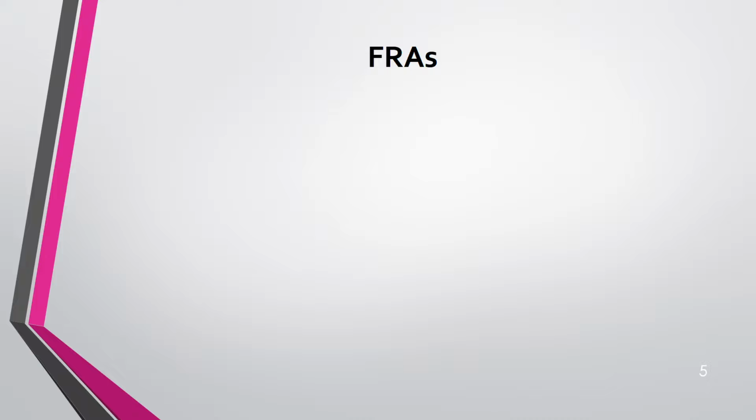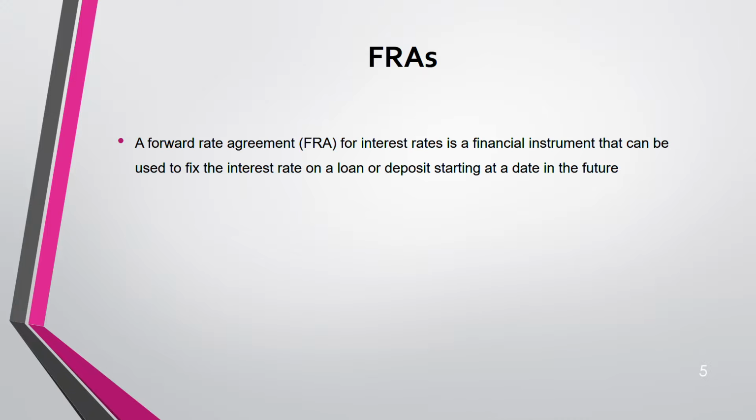Now starting with FRA. Okay, just a definition. You don't have to write this definition, just know what it means. That's why I've included it here. This is for interest rate. How does a forward work in currency? We have a fixed rate, right? Here also it is fixed, but for interest rate. The rate is fixed, whether it's a loan or a deposit. There we have payment and receipt. Here it is about taking a loan or depositing. Okay, interest rate is fixed.